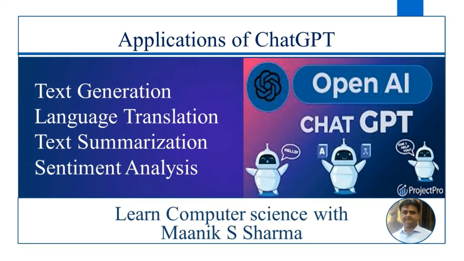With this kind of system, one can also use it for language translation tasks by providing the model with a text prompt in one language and specifying the target language. The model can generate accurate and fluent translation of the text. ChatGPT can also be used to generate summaries of long documents or articles. This can be useful for quickly getting an overview of a text without having to read the entire document.